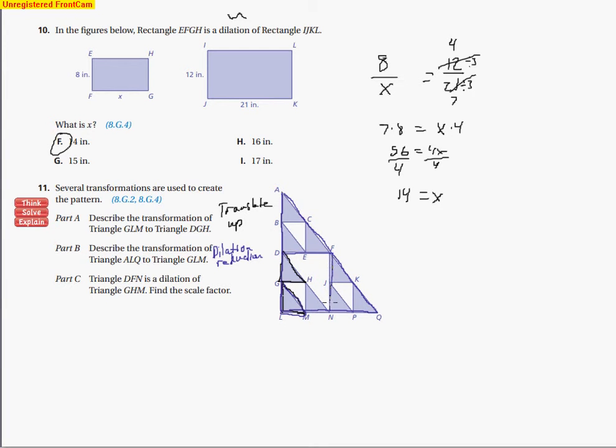Okay, this one right here, this white one, right in the center here, and we're comparing it to GHM. Right there. So I definitely see it goes from a big one to a small one. And they're asking, well, what is the scale factor? Okay, scale factor. Whenever it's a reduction, that tells me that the scale factor